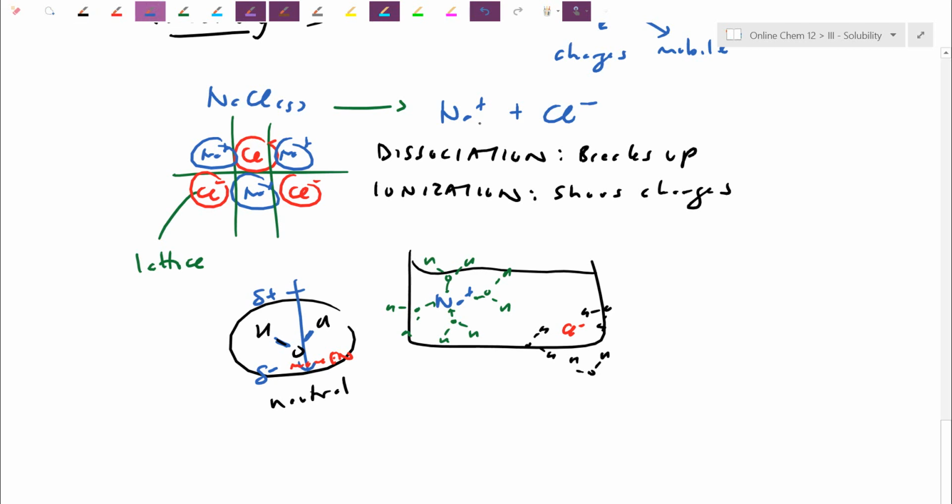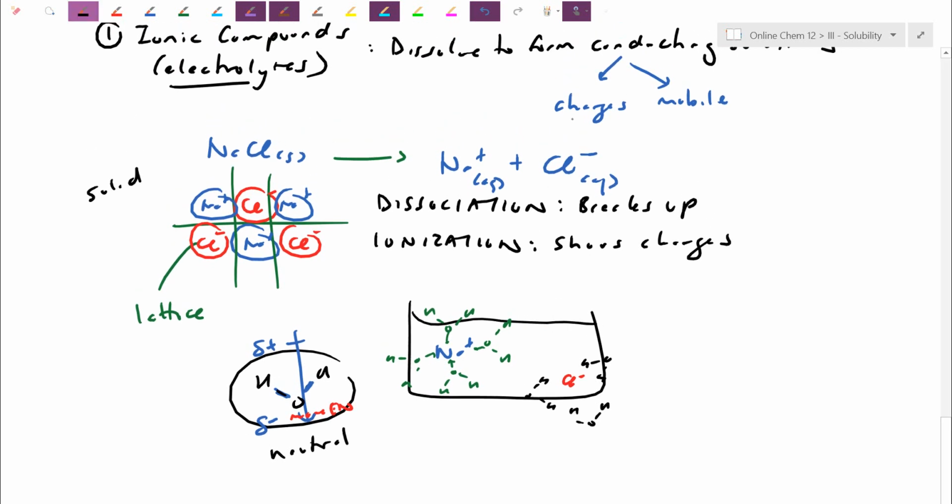Right? We can refer to these ones here as aqueous because they're dissolved in water, aqueous and aqueous. In this case here, as a solid, it is not electrically conducting. So let's check our properties here. Do we have charges? Yes, those charges are already there, but we don't have the mobility. Basically, you have the charges just vibrating, right? So basically, the positives and negatives are just vibrating in place. They don't have a lot of kinetic energy because they can't move from one side to the other side,